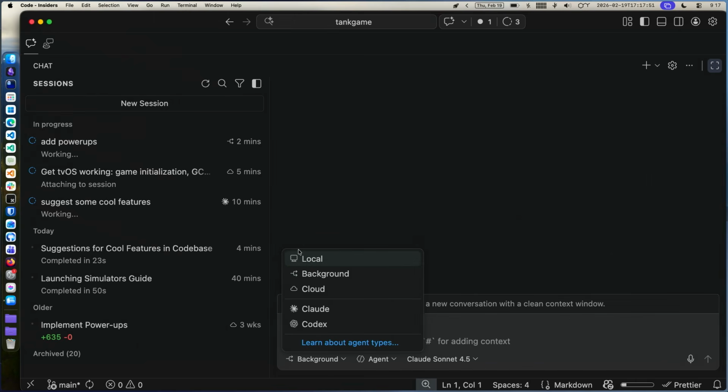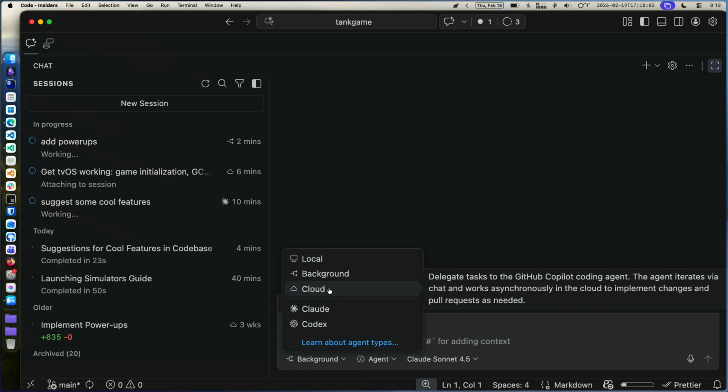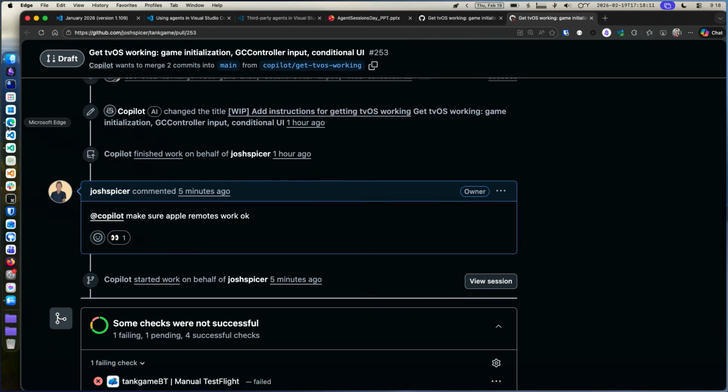We have local, which is either our local harness or Claude and Codex. We have background, which is still running on your machine, but uses the Copilot CLI to run these in isolated worktrees, and cloud here, which then uses the cloud, of course, hosted by GitHub. And I can actually show that a little more in depth here,